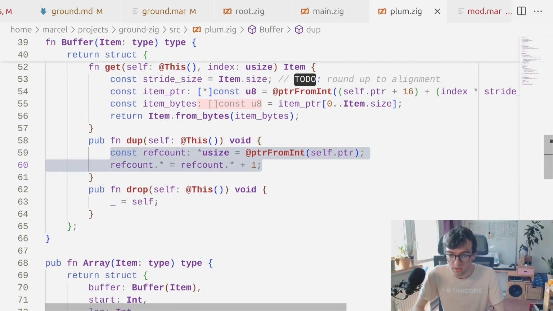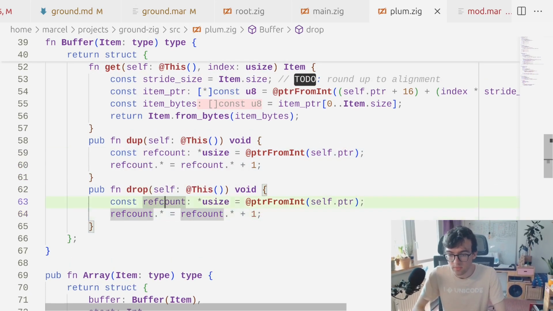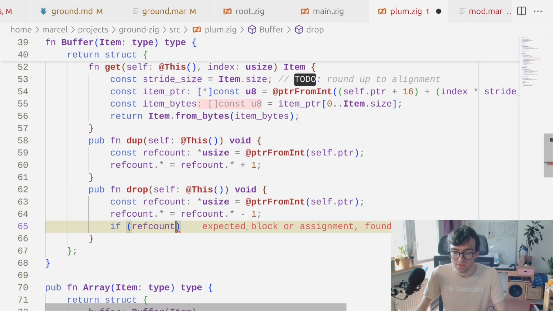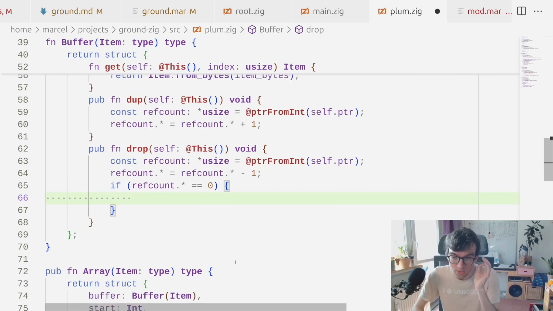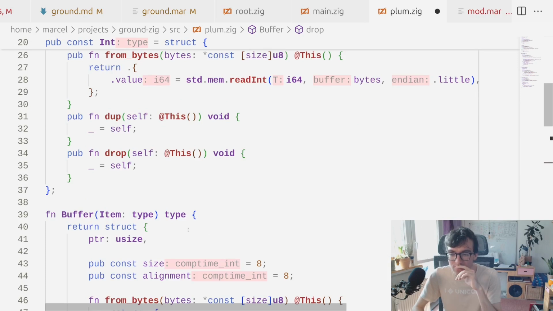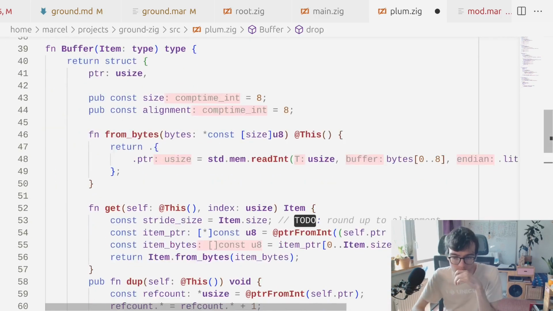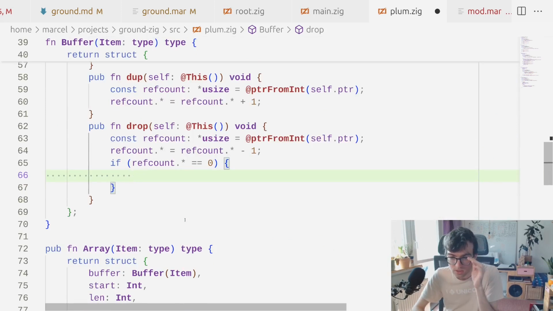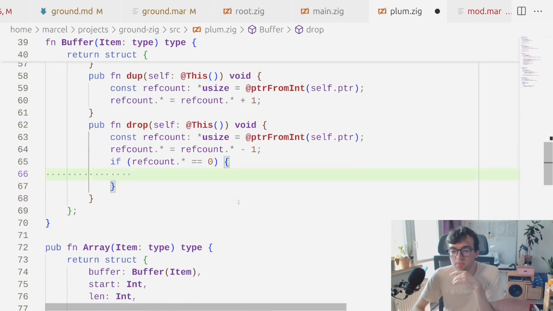Dropping a value does the same thing, except decrementing that. And then it also checks if the ref count is 0, then we need to free this. Oh, I think free also needs to be there. Maybe? Not sure. No, probably not. Let's just have ref count in there. Okay, if ref count equals 0, then,